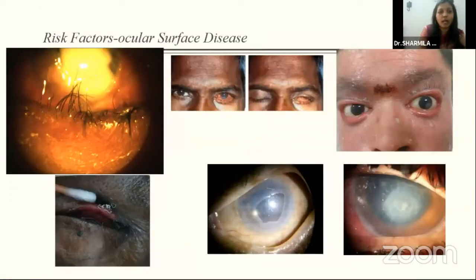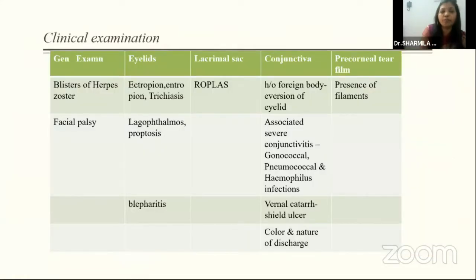So what I would like to stress upon is you have to do a thorough ophthalmic evaluation. And whenever you see a case of keratitis, the three lines of defense should come to your mind. So you start off with the bony orbit, the lids and the lashes. So you look for proptosis, you look for entropion, ectropion, lagophthalmos, meibomitis. The second line of defense, the precorneal tear film. You look for any ocular surface abnormalities. And the third line of defense, the corneal epithelium. So you look for any pathologies which can cause recurrent corneal erosions or can compromise it, like neurotrophic keratopathy.